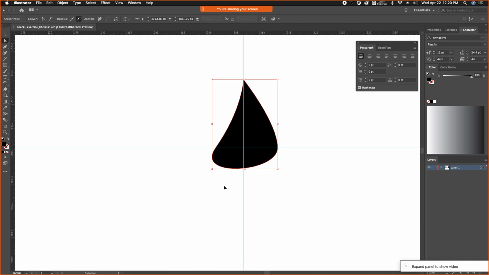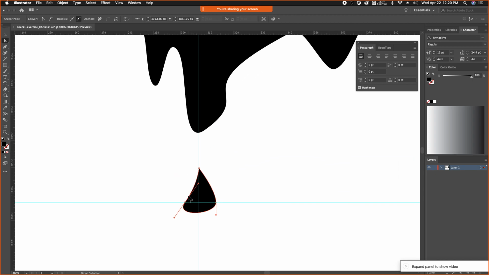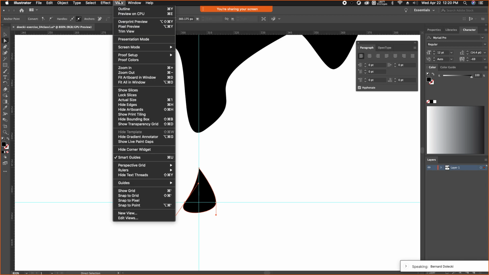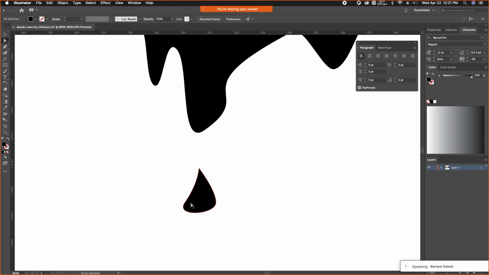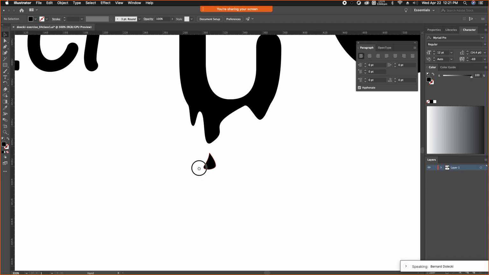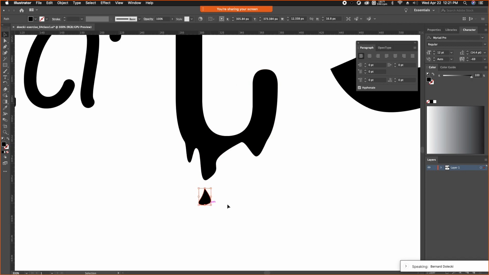Right? And then once you have it close, we could always go up to View, Guides, and Clear Guides if we want to get rid of those lines. You could also hide them if you want. I often hide guides with the hotkeys, but so we should have something like this. Doesn't have to be perfect. It's just kind of like a test trial of like, oh, how do we make a droplet? Right? Once you have a droplet,